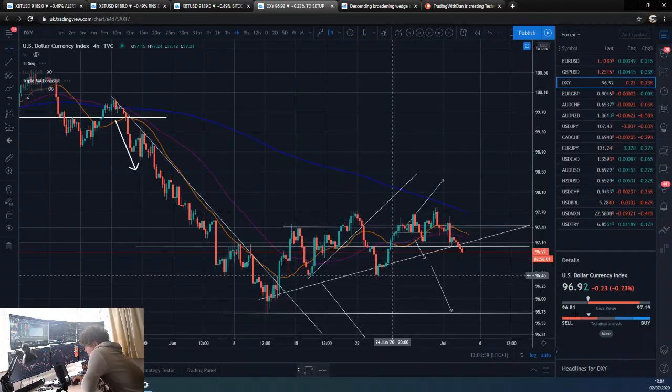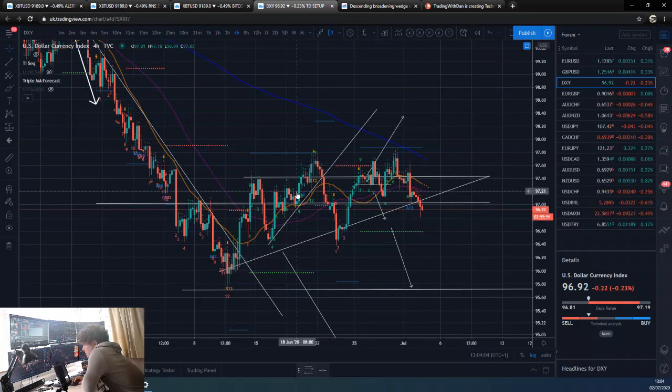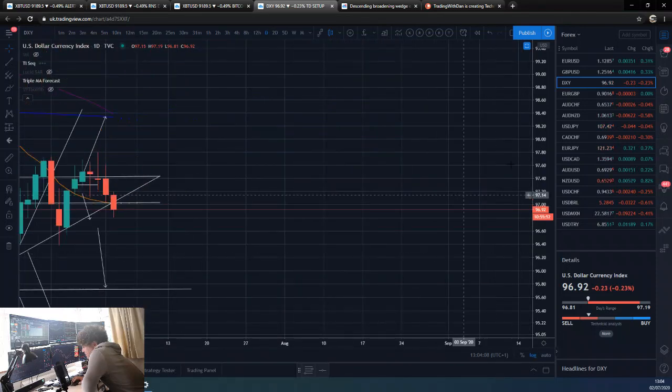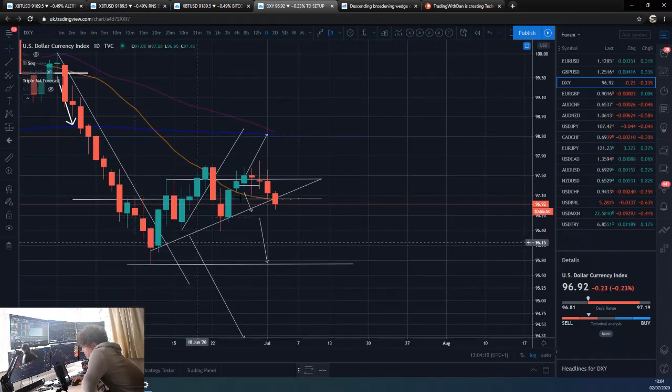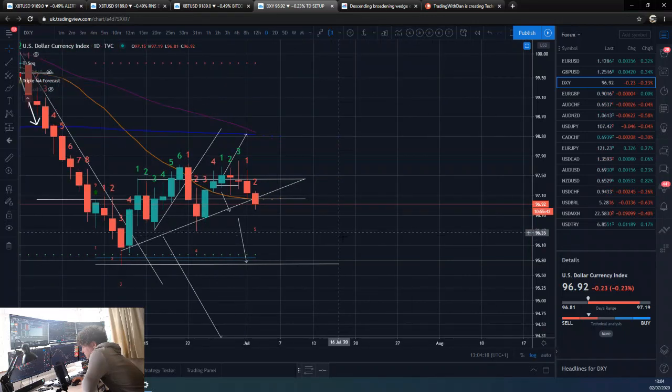Dollar index looking weaker today. I've drawn this line, which is clearly based off a daily look, as you can see. But we're below this now. So if we break down below this and below this horizontal, really we are looking at down to basically this level as a target. So I would wait to see how today closes, because we're only just over halfway through this daily candle. If we do close out of here though, especially below here and here,